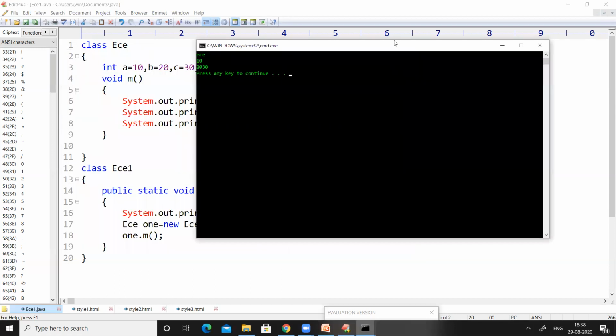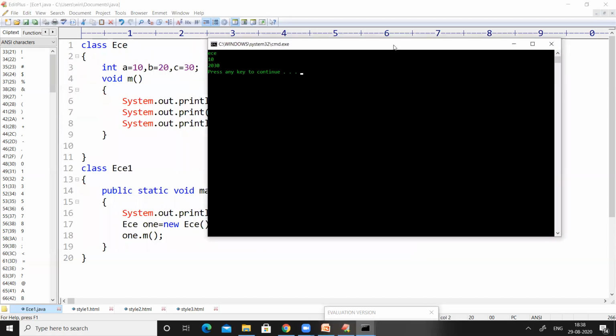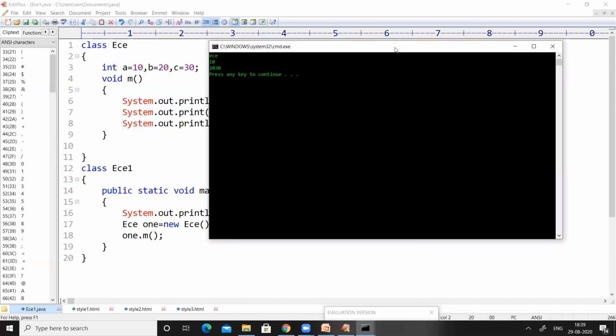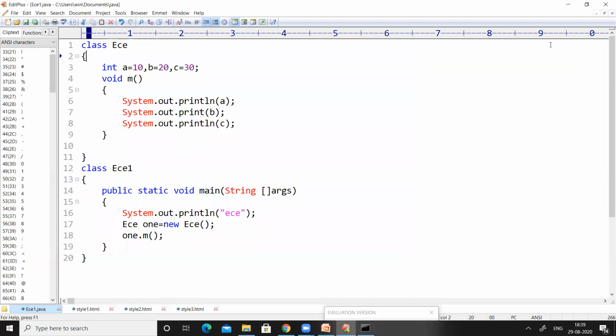The output of the program is the same as the previous output, because we made no changes in the program. We just added one more class and copied the main method into that class. So I am showing the different ways of writing the Java program. We can write the program as in the previous session, or we can write the same program like this, or we can use any of the other alternative ways.